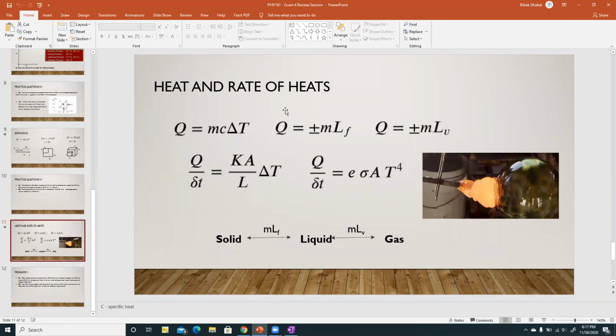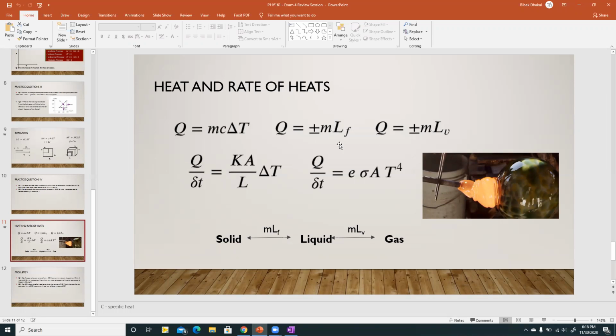So, heat transfer and rate of heat change. If you have a liquid, or a solid, that is having some temperature increase, then the change in heat in that substance is given by Q. Q is m, the mass of that liquid or object that is subjected to the heat change, times c, the specific heat capacity. And the other heat equation that you need to remember is the one